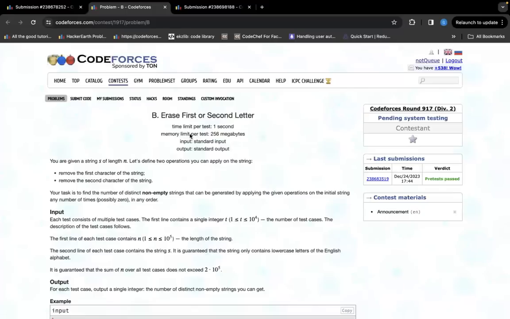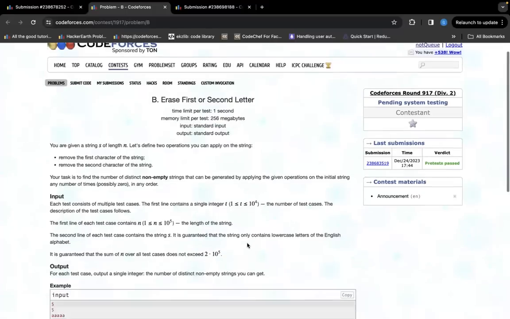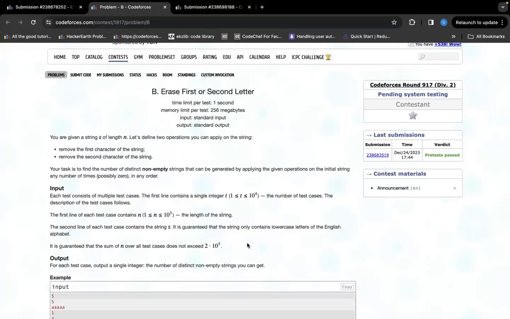Great. So moving on to the second question. The second question is a really neat question, and it's kind of beautiful as well. So let's try to understand. You are given a string s of length n. Let's define two operations you can apply on the string. Remove the first character or remove the second character. Now I want to know the number of distinct non-empty strings that can be generated after applying the given operations,